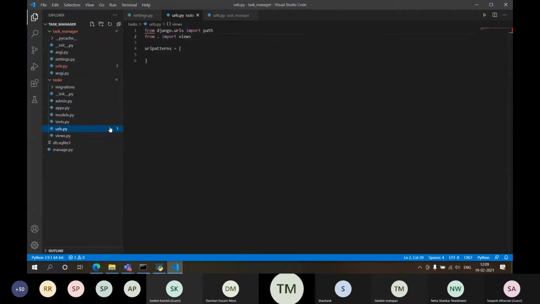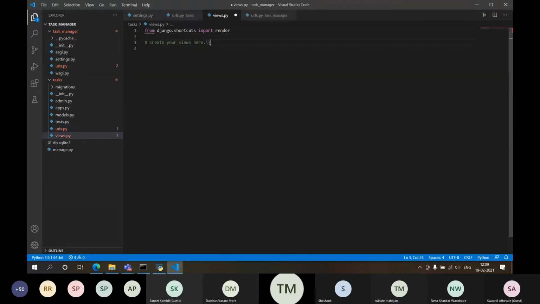Now let's start coding it. I said that there will be a list of tasks which I will be able to see if I go to my home page. And if I put add, I should get a form where I'll be able to add a task. So let's write a view for that. I'm in the views.py. First of all, I'll write a view and then I'll make an entry. Let's give it a try.